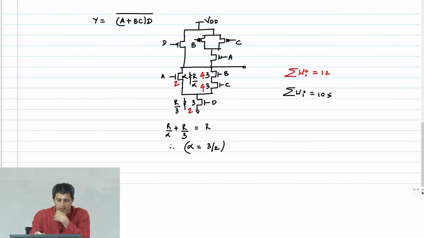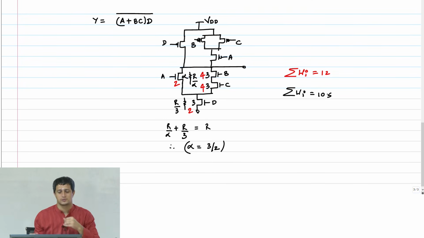Between B, C and D, if you cannot pick one input to be more critical than the other, then you have to keep all of them the same size. Otherwise, depending on which input is switching, you might get a different delay. You don't want that. Or the load that input offers to the previous gate will be very different if you size it as 442. If there is no reason to pick that input and specifically sacrifice the delay on other inputs, then you don't adopt that in general. In any case, the area is lesser in the equal assignment case.